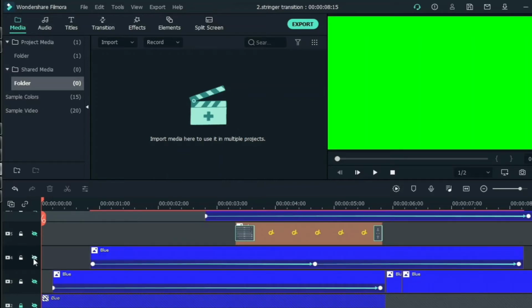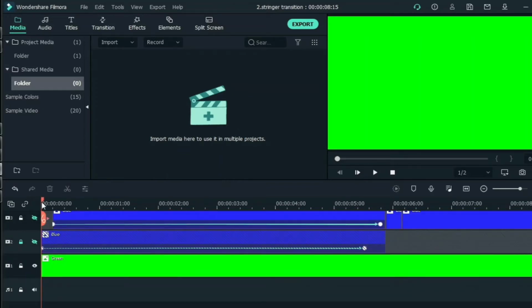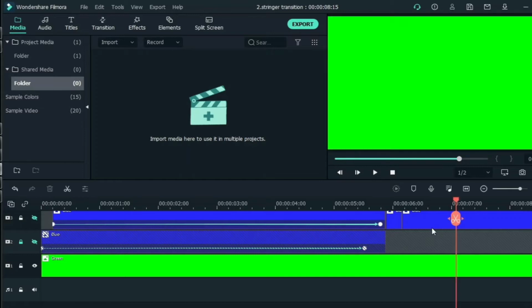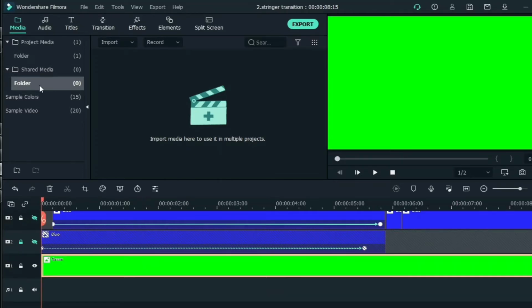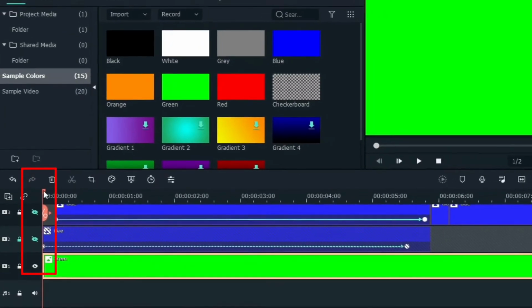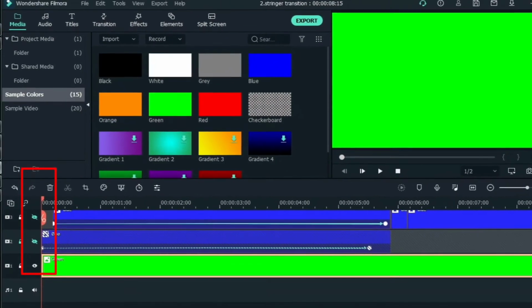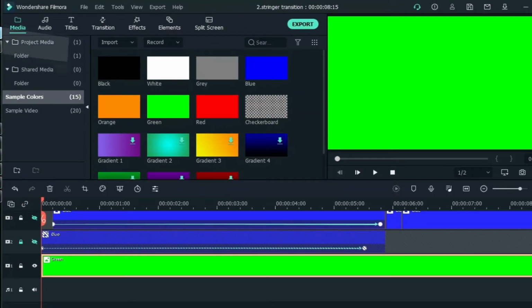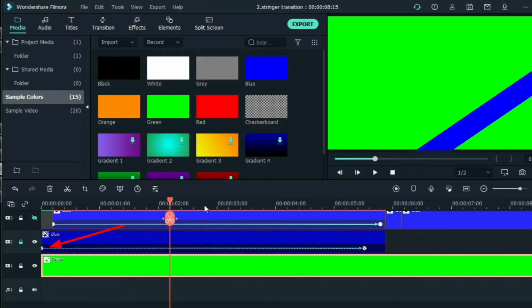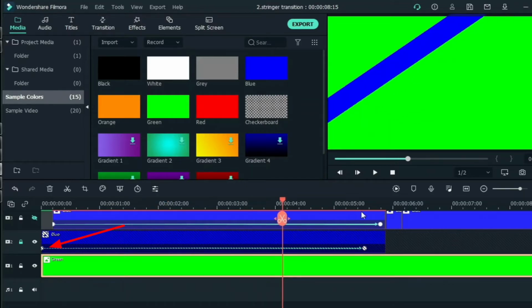I will not be able to create a live video because my computer RAM is not that great and it will not be able to do screen recording if I go live. So I have turned off the view icon on all the above panels, and only the view icon is enabled on that green screen. As you can see in video track number 1, the green track is enabled. So I have also enabled track number 2, that is this blue element which is here.